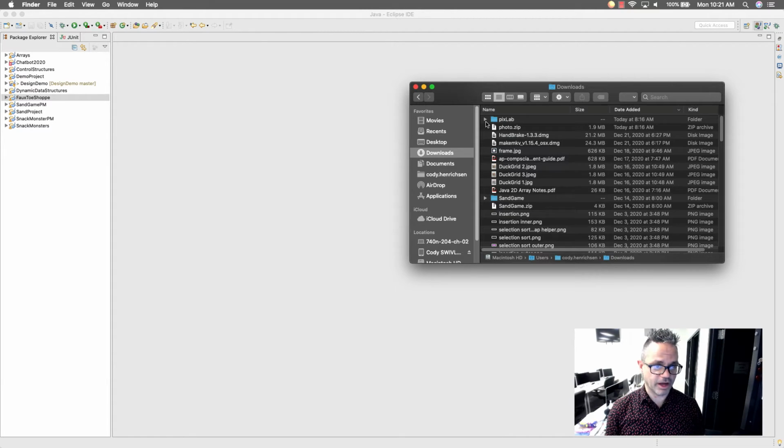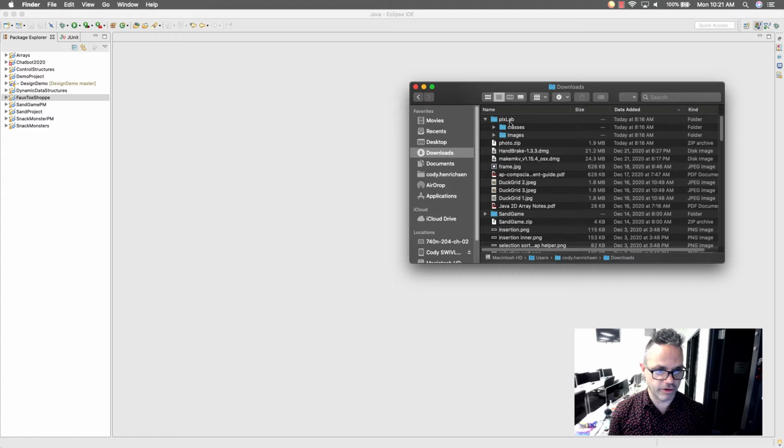Inside photo.zip, we have a lovely structure of folders right here. We have the PixLab folder and the classes and images folders. These, of course, have stuff inside them. We'll go ahead and work with that in just a minute. But we're going to go ahead and put that inside our Eclipse project to make sure we can use it